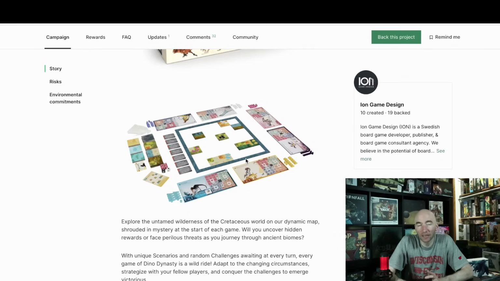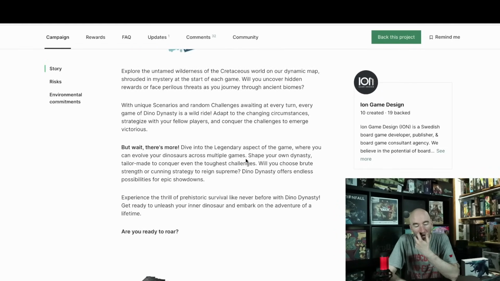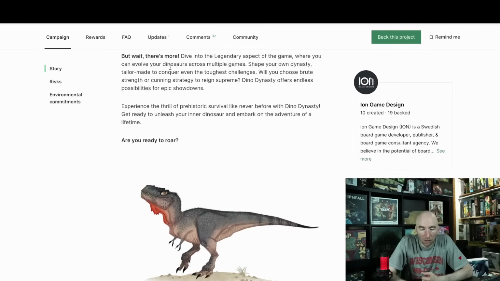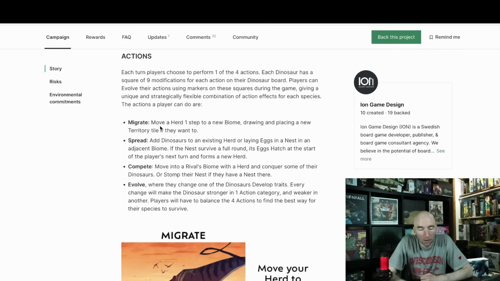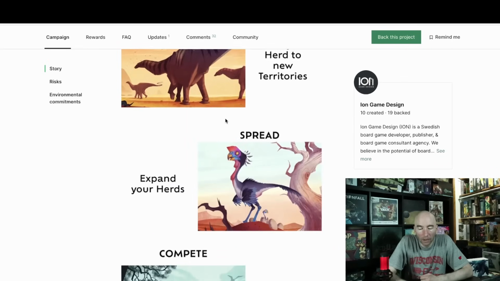You are potentially then gathering or creating nests or herds of these dinosaurs in order to give points or in order to complete those said challenges in the first place. There is a legendary aspect of things that you can evolve your dinosaurs continually across multiple games as well. Gameplay is right there. There's about a 30-page rulebook linked down below, and they run through the actions as you're doing this, right? Moving the herds, spreading the dinosaurs around, laying eggs, competing in a rivals biome of a herd or conquest, as well as evolving your dinosaurs in these action trait categories where one gets stronger, one gets weaker,